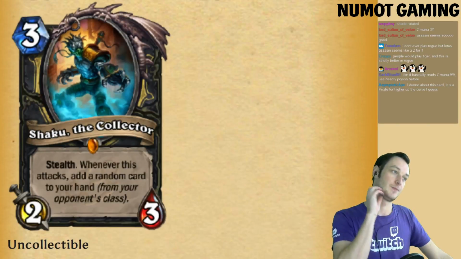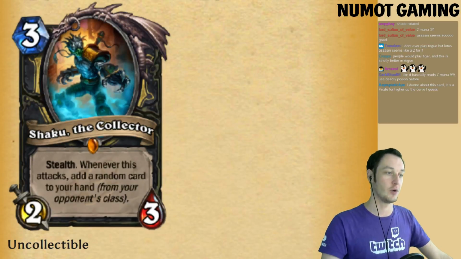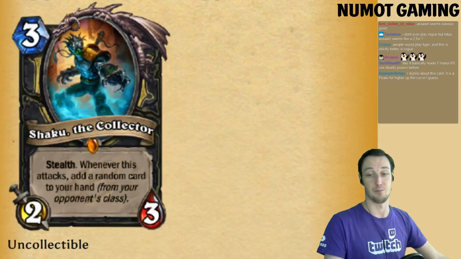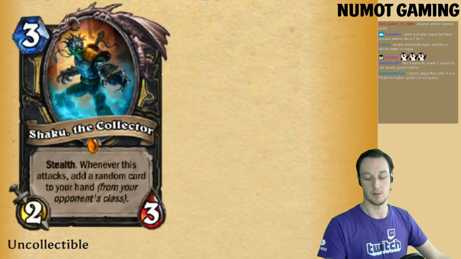Shaku, the Collector. 2/3 for 3. Stealth. See? A theme. Whenever this attacks, add a random card to your hand from your opponent's class. So there are some people that play a semi-casual, tier 3 fringe deck that's just Burgle based, and this card's obviously great there. This thing is interesting to me because it's really snowbally, right? It reminds me of Ophidian in Magic, really, but also of...